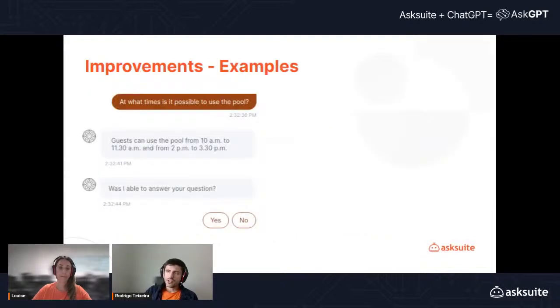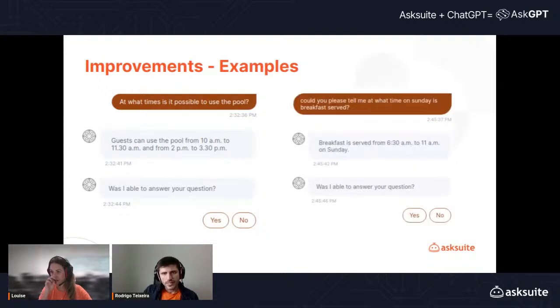So here you can see another difference of AskGPT. We are able to respond specifically according to each topic. In this particular case, the traveler is asking at what times it is possible to use the pool, and we are able to read the content of your questionnaire or Teach Robot feature to respond exactly what the traveler asked for.